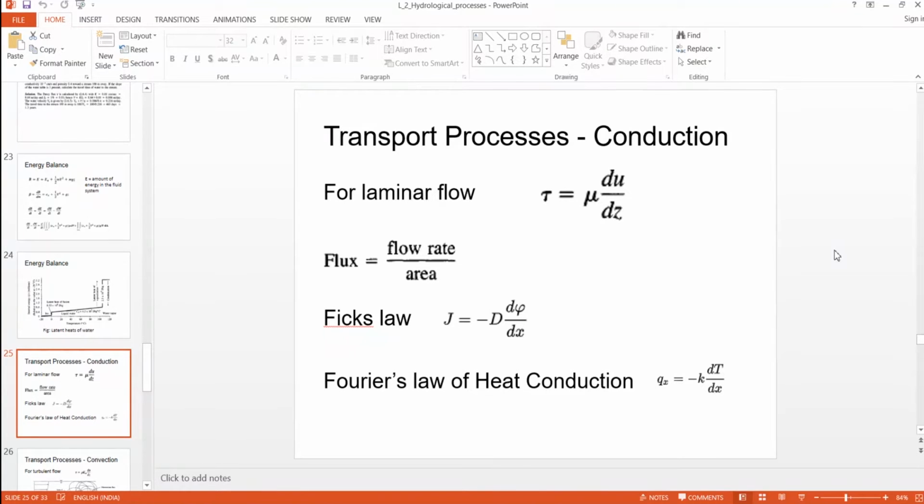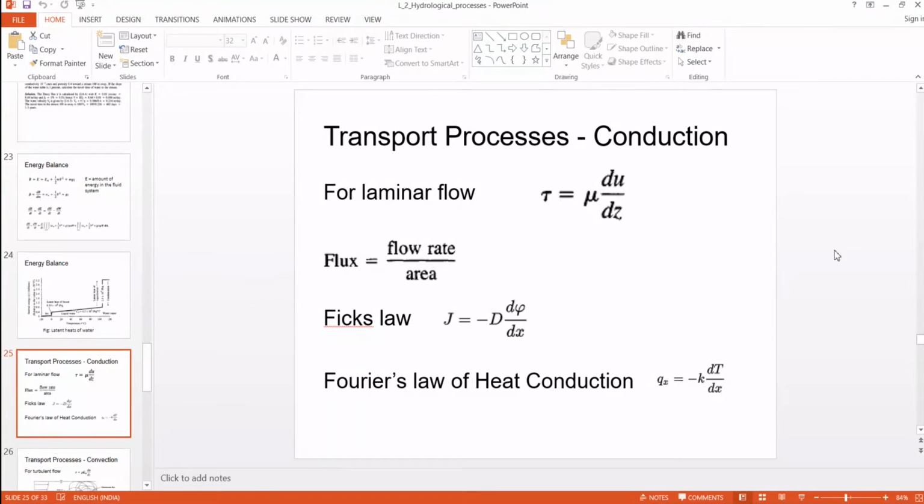So in a bucket of water, if you apply some dye or some contaminant, then the contaminant spreads within the bucket, although there is no flow taking place. Why is this contaminant spreading? That is because of Fick's law. The place where we added the contaminant has a higher concentration, and at other places there is no contamination or little contamination. So there is a contamination gradient, and that gradient drives the spreading of the contaminant. Okay, so this is a conduction of mass.